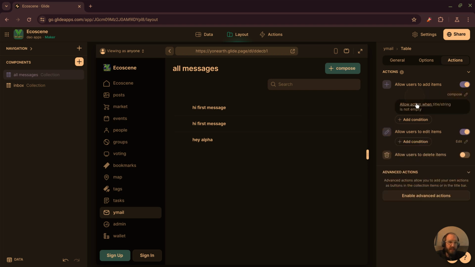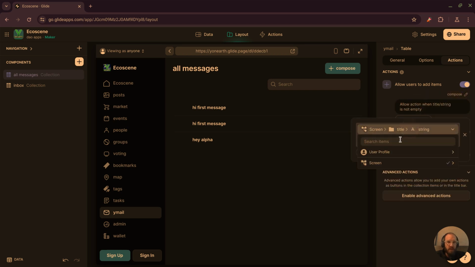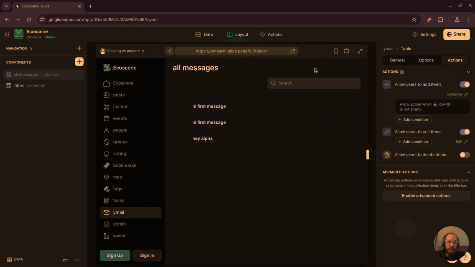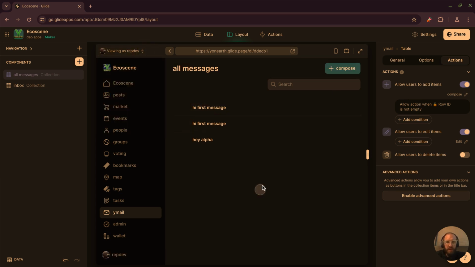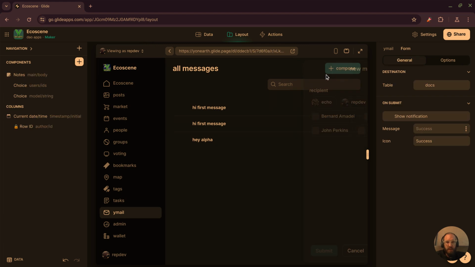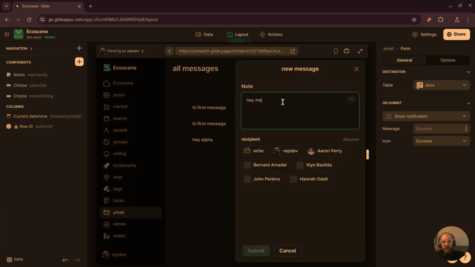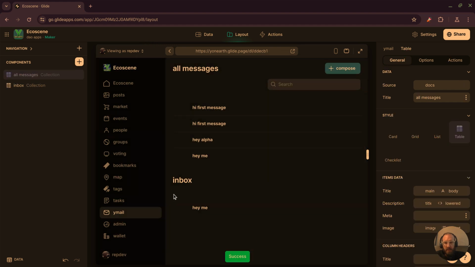But we should add a condition where the user profile, just row ID, is not empty. Meaning, I can search through the messages and fine, so be it. For now, we'll just keep it public. But if I log in as rep dev, I can now compose something, and I can say, hey me, and I can send something to myself, and now something pops up as hey me. Simple enough, but